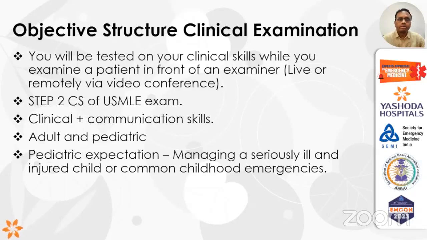So read and understand the pie chart. For example, here I have given a pie chart which says history in the green zone and examination in the yellow zone. If you keep on asking more history from the candidate, that means you have not read the pie chart well. In that case, some examiners might give you a hint to go and look at the question scenario again. But not everyone